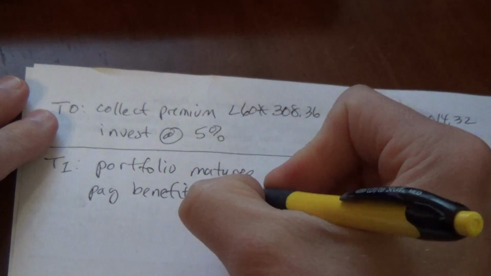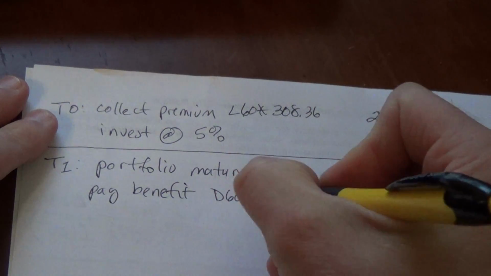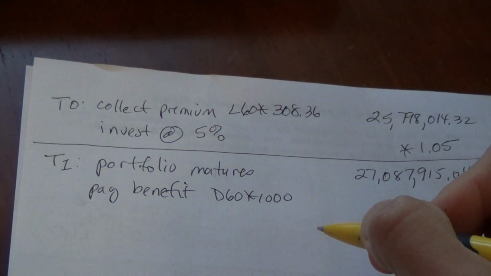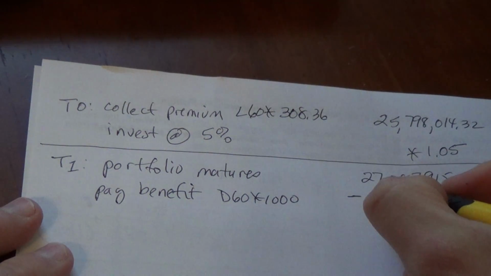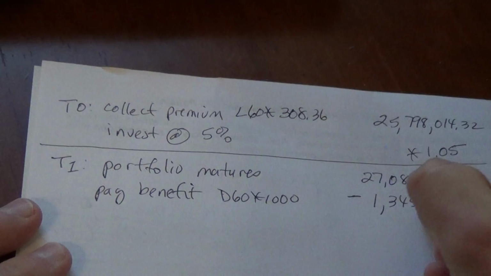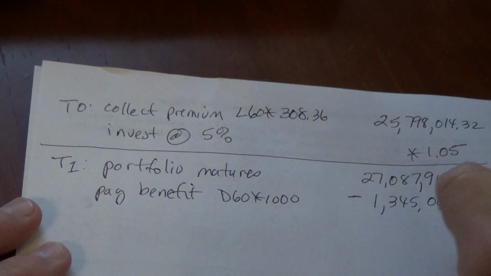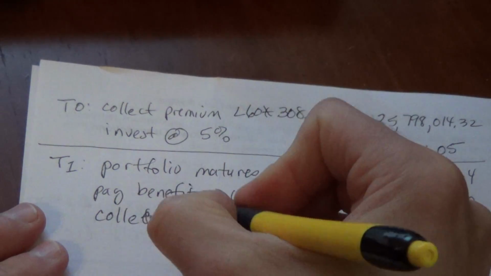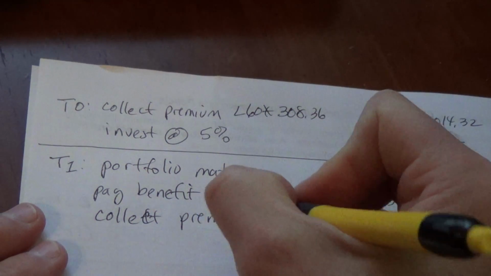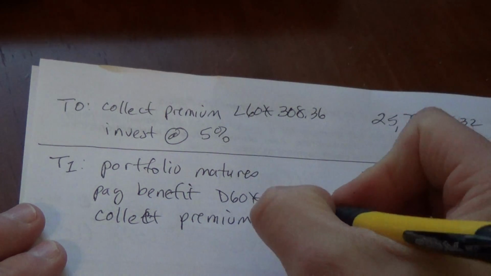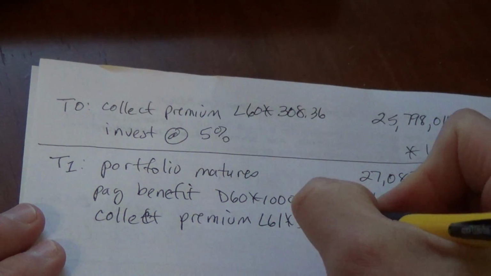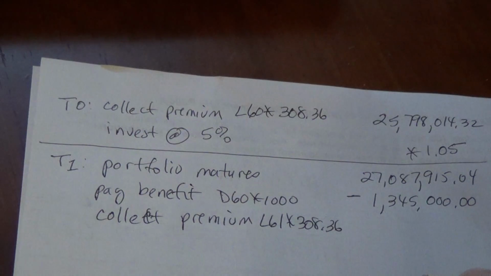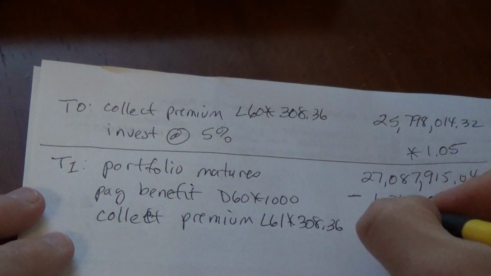They're going to pay a death benefit. The death benefit is going to be my D60s times $1,000. Remember that my D60 was $1,345, so that gives us a death benefit of $1,345,000.00. We also collect at that time our second premium, this time from the L61s times 308.36. Remember that our L61 was 82,317, so that gives us a premium of